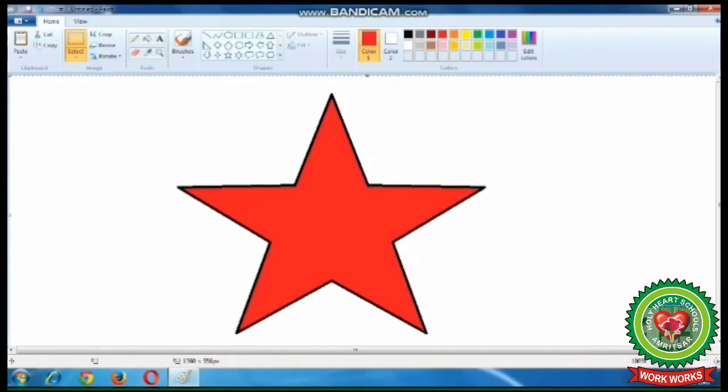When you will click on the select all option, you will notice the full area, that is the full drawing area, is selected. Using select all option, you can select the full picture or the full image on the drawing area.